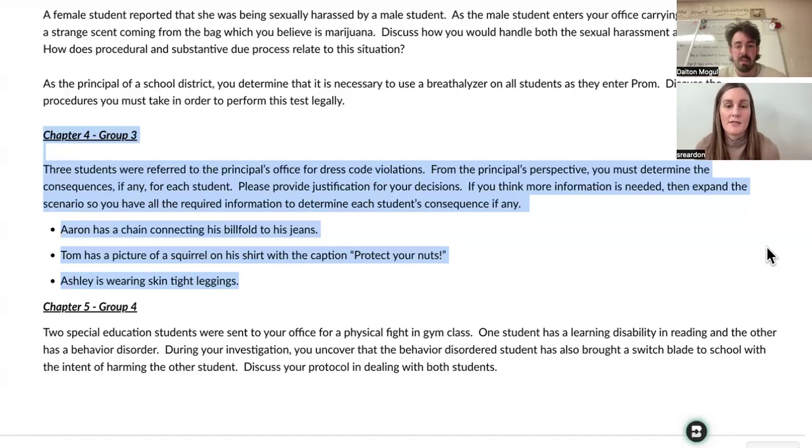But I probably would, due to the shirt being inappropriate for a school setting, have Tom change and not be allowed to wear it back in school. And then depending on whether or not this is the first violation, that kind of determines whether or not I'd go harsher in the consequence. I wish that it had the referral. So who referred the student to the office for the dress code violation? I think it plays into it. The one thing it talked about was, when you do this, you have to do it with fairness and consistency.